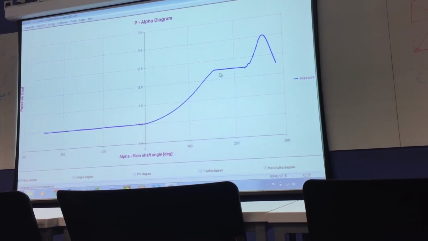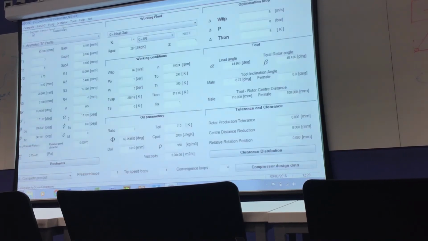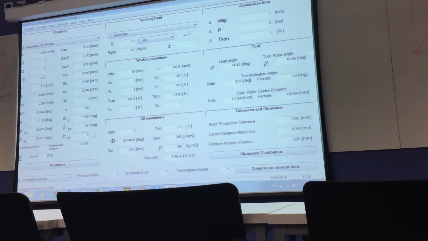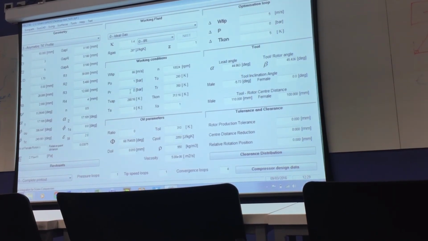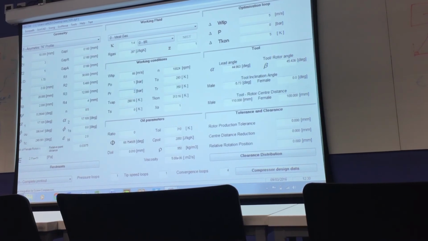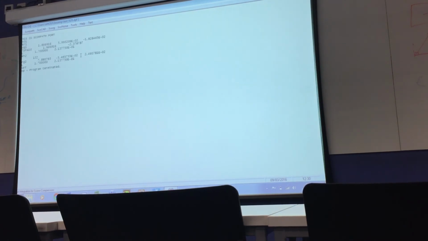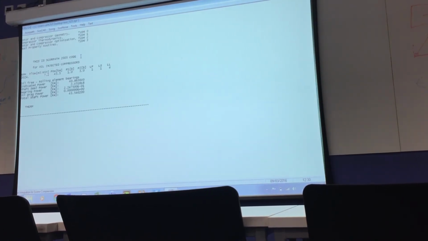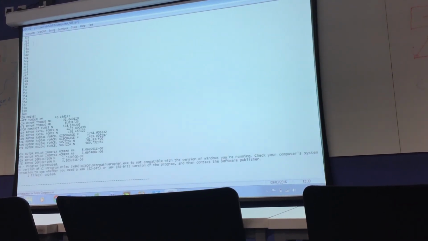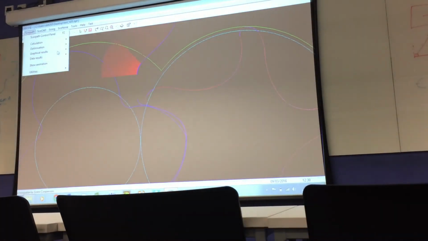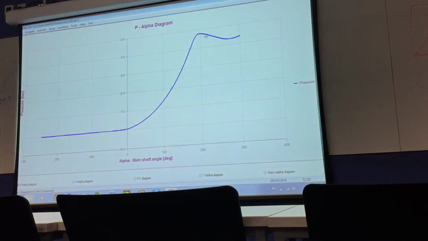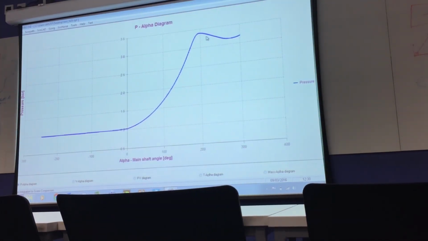This is not good because you don't want it over compressing. Finally, you can change the boundary pressure itself, let's say 3 bar. Jump to a higher discharge.